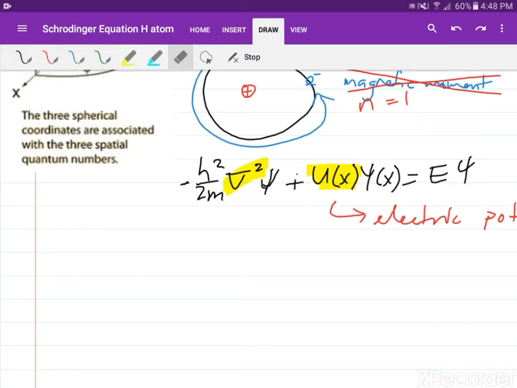Hello everyone, this is a continuation on the solution on the hydrogen atom. So we said that we will be using spherical coordinates and we will be using a Coulombic potential. So our Laplacian in spherical coordinates is given by 1 over r squared